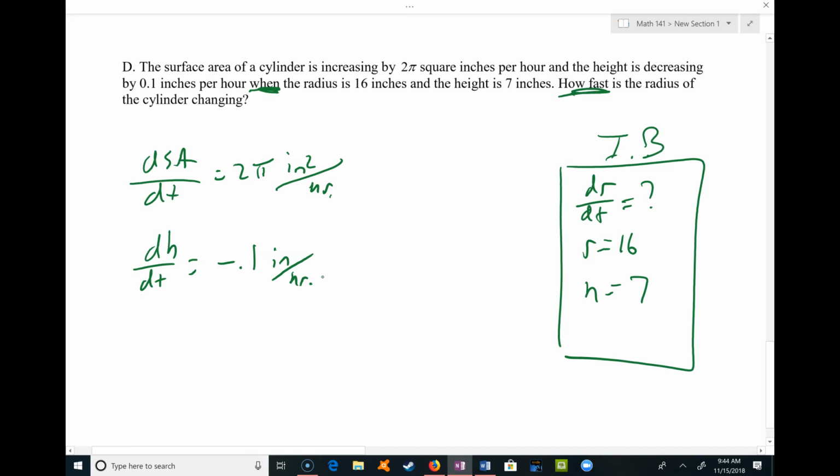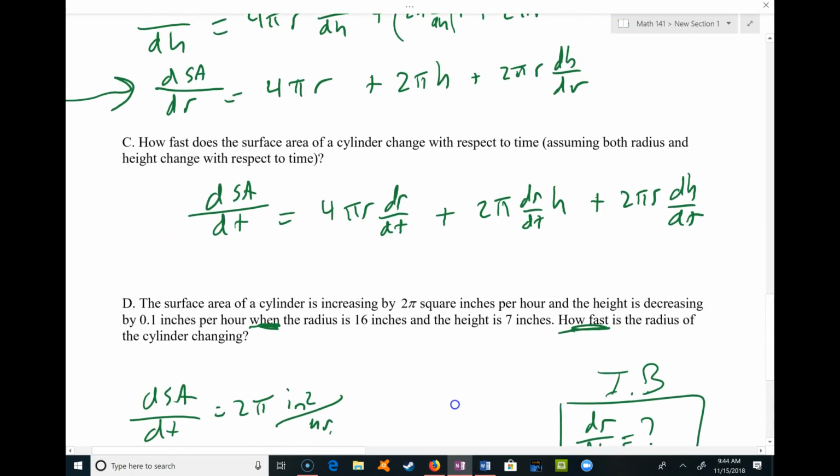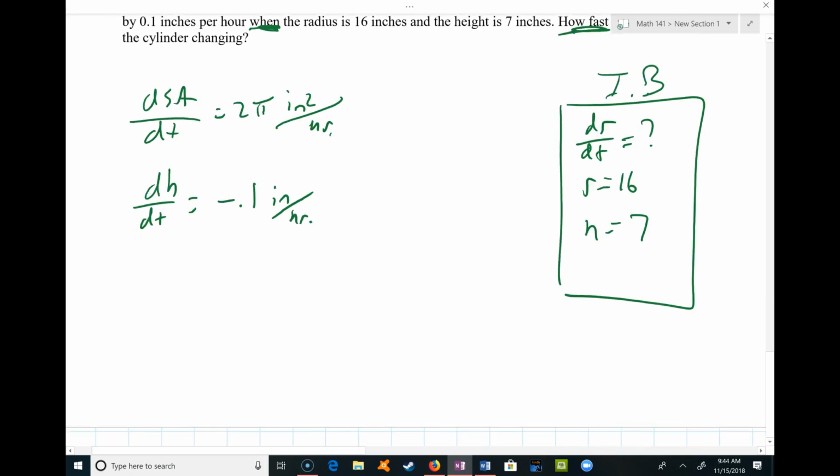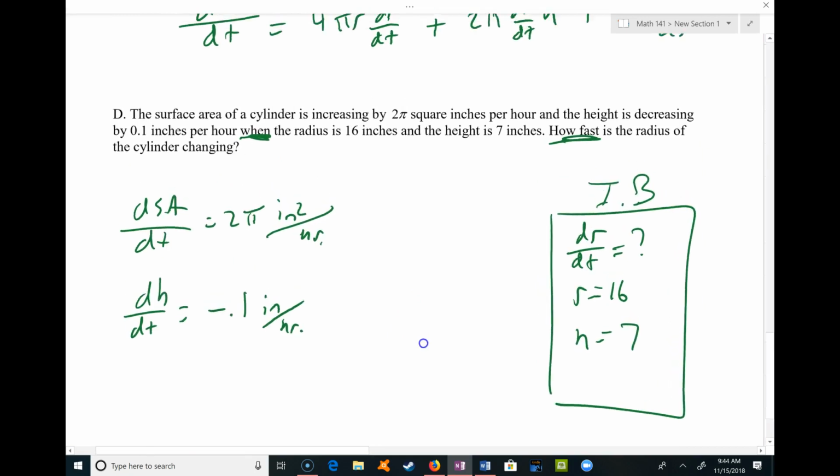If it has to be both, that's fine. I just need to be able to plug things in and get the thing I want, right? So, do any of those equations I did up there relate to the things I need? The one right above it worked, didn't it? I have to do the derivative with respect to time because that's what all my derivatives down here are, right? This is dS dt, dh dt, and dr dt. So I'm going to grab that equation,